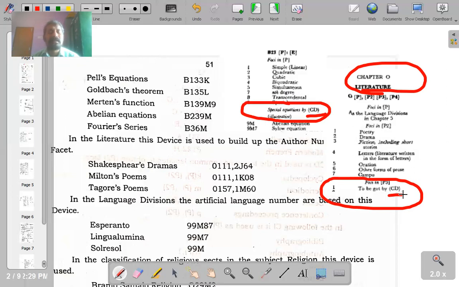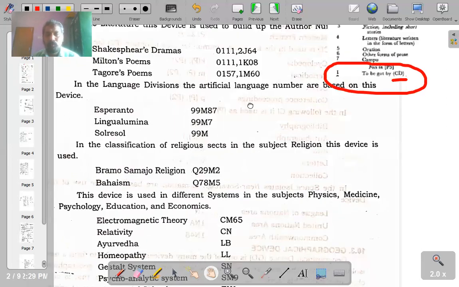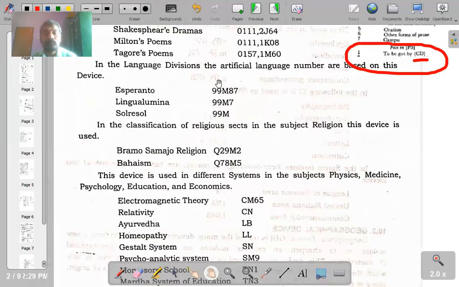So wherever this kind of rule or hint is available, in all those places you can take a number from time isolates, and that number can be used either to create or to sharpen an already existing number. Okay, yes. Let us go further. I'll tell you a few more examples here.